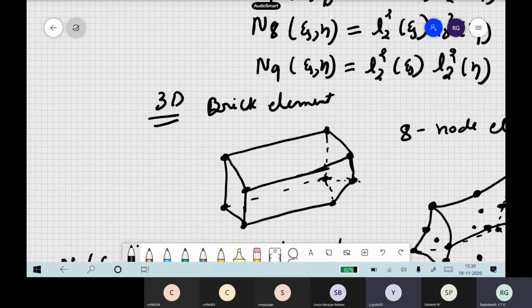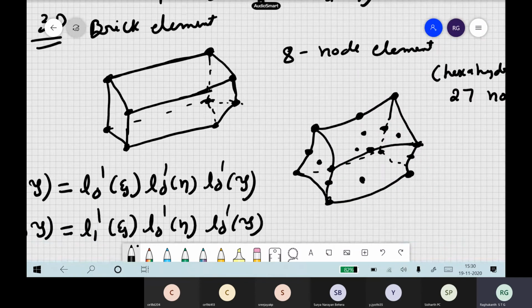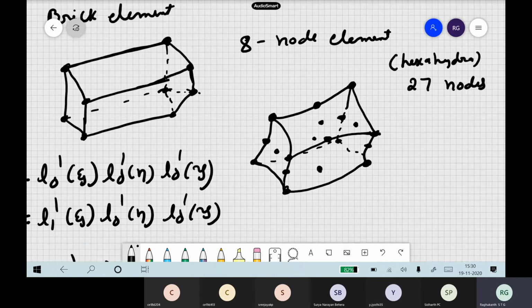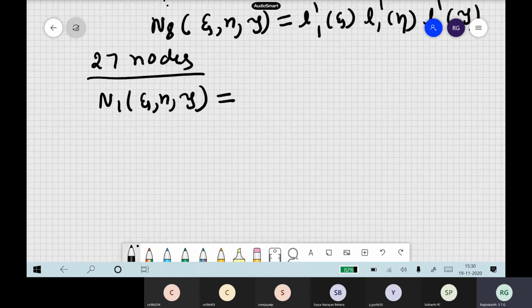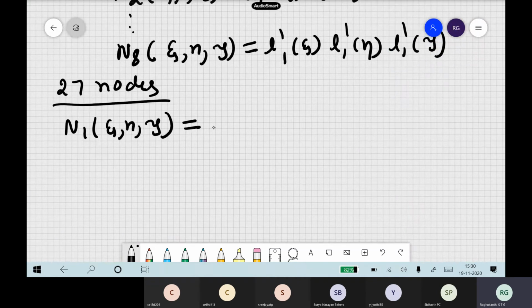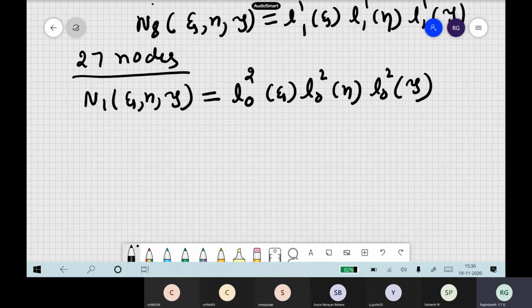Order will be 2. You can imagine this is a straight line. Our first straight line we were representing through 2 points. But now in these 27 nodes, you are representing a line with 3 points, and 3 points means you can fit a quadratic only. So now these will be L0 of psi, then L0 of eta, then L0 of xi, like this. This way you can derive all the cases.